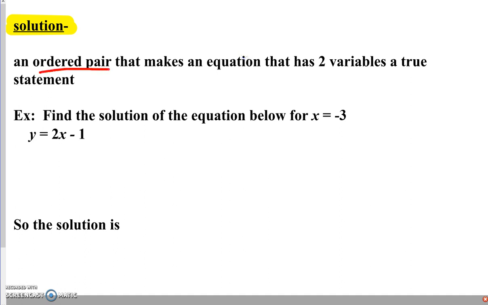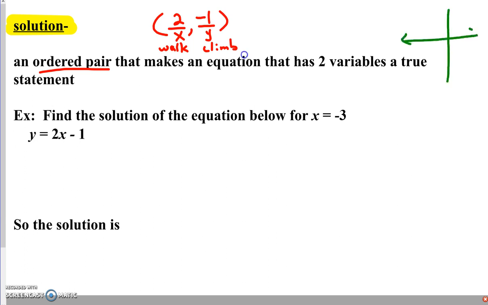First, we got to remember what an ordered pair is. An ordered pair is two numbers in parentheses separated by a comma. Let's say our numbers are 2 and -1. Well, if you think back to when we graphed and plotted points, the first value was your x value and it told you how far to walk, and the second value was your y value and it told you how far to climb. So, for example, if this was our coordinate grid, our xy chart,